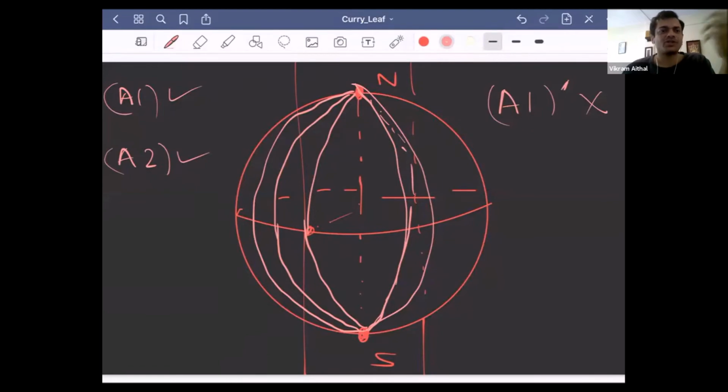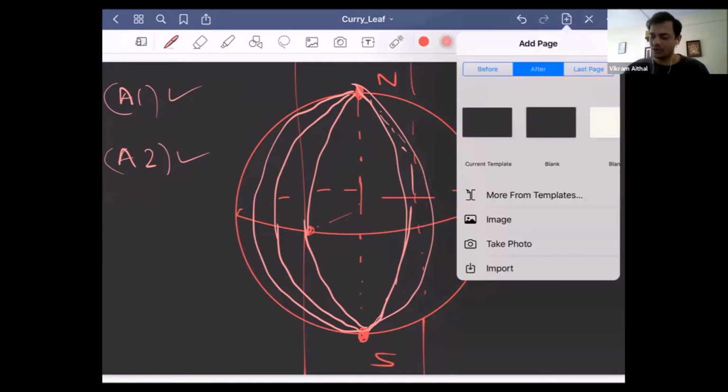So now it's up to us. Do we want it to be a problem? Do we want to study spaces where we don't care about A1 prime so much? We don't care if there is a unique line or not. We are just happy as long as there is a line passing through 2 points. That is entirely up to us. That is a choice that comes from looking at whatever problems we are studying. So that is another reason why I did A1 and A1 prime rather than just modifying A1.